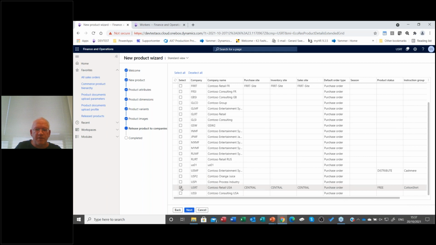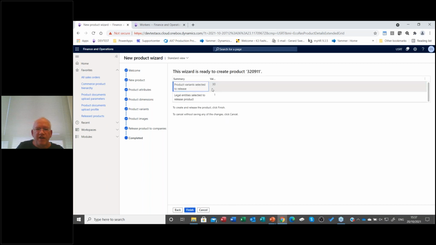But in this case, I'm only going to use it for the USRT with the default purchase site, inventory site, sales site, some product status, instruction group, etc. If I press next, it will state what it's going to do. It will create this product with 30 different variants and it will release it to one legal entity. So if I press finish now,